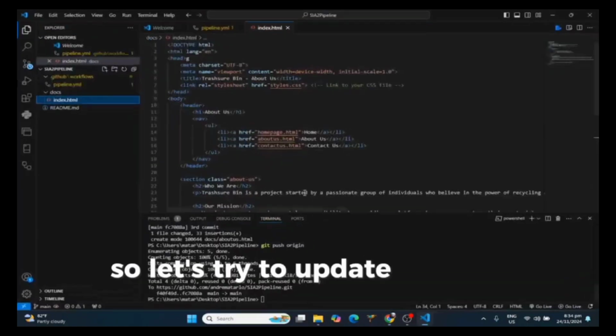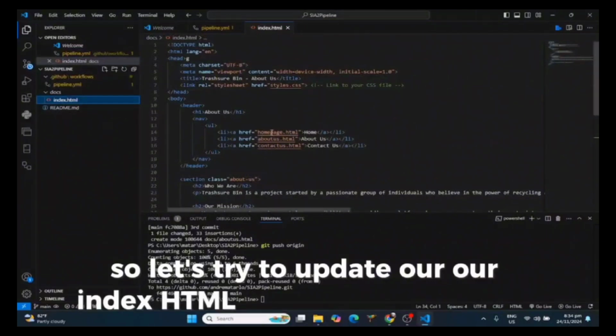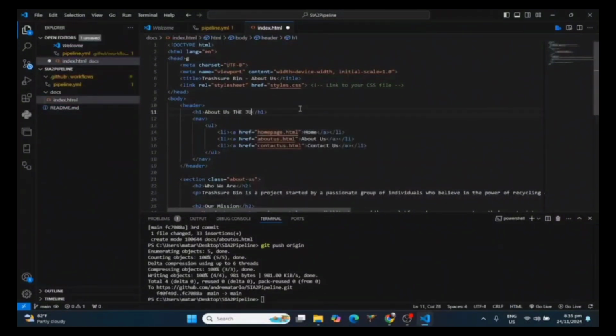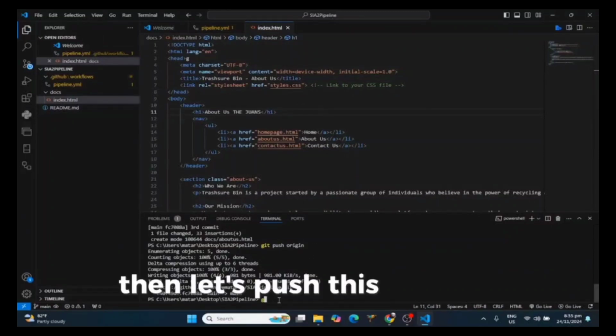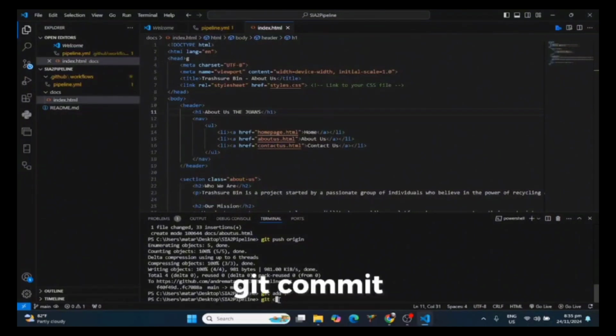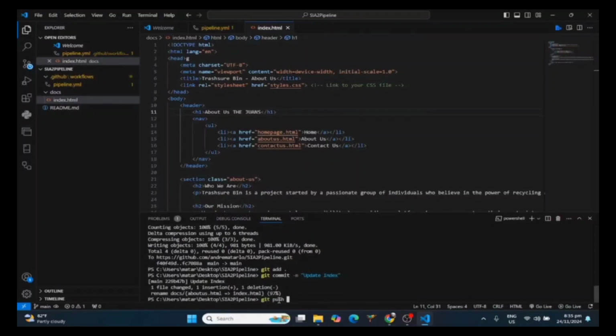So let's try to update our index HTML, the about us. Then let's push this: git add all, git commit, update index, then git push origin.